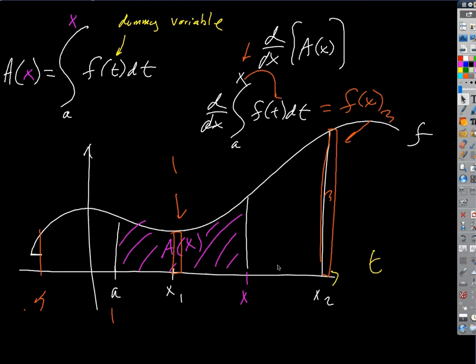Okay, so yesterday we talked about the area function